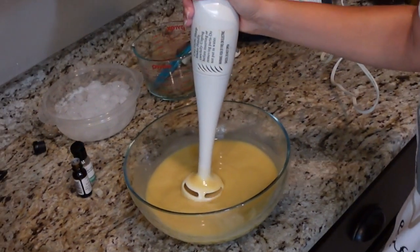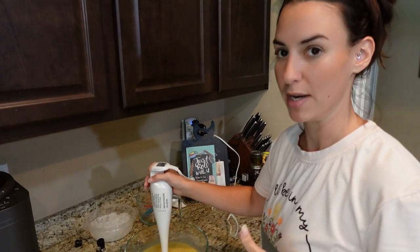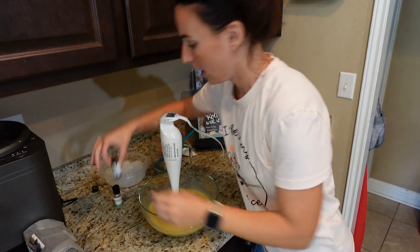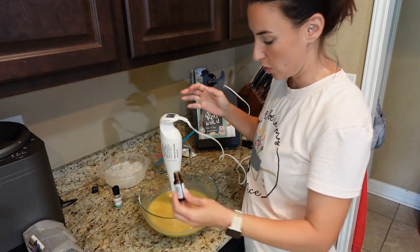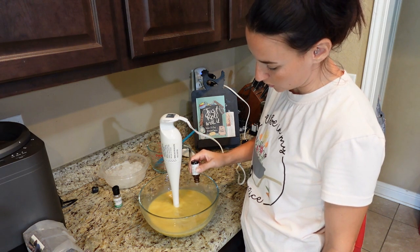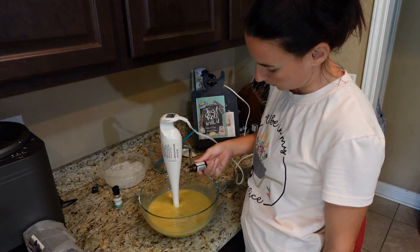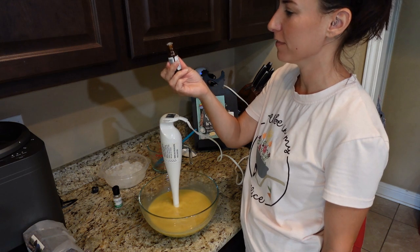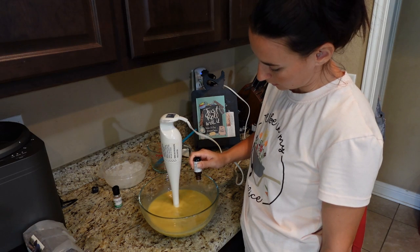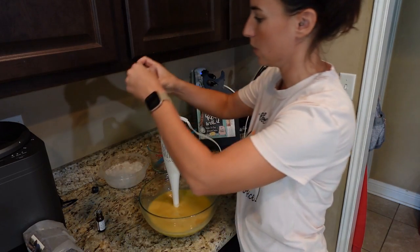This is where I feel comfortable adding in my scents, adding in my coloring. So we're gonna go ahead and do that now. Depending on how strong you want your soap depends on how much essential oils you're gonna put in here. Believe it or not, soaps do take quite a bit of oils for the scent to shine through. This little bottle is half a fluid ounce, so I'm just gonna do a quarter of this bottle and then a quarter of this one, and then